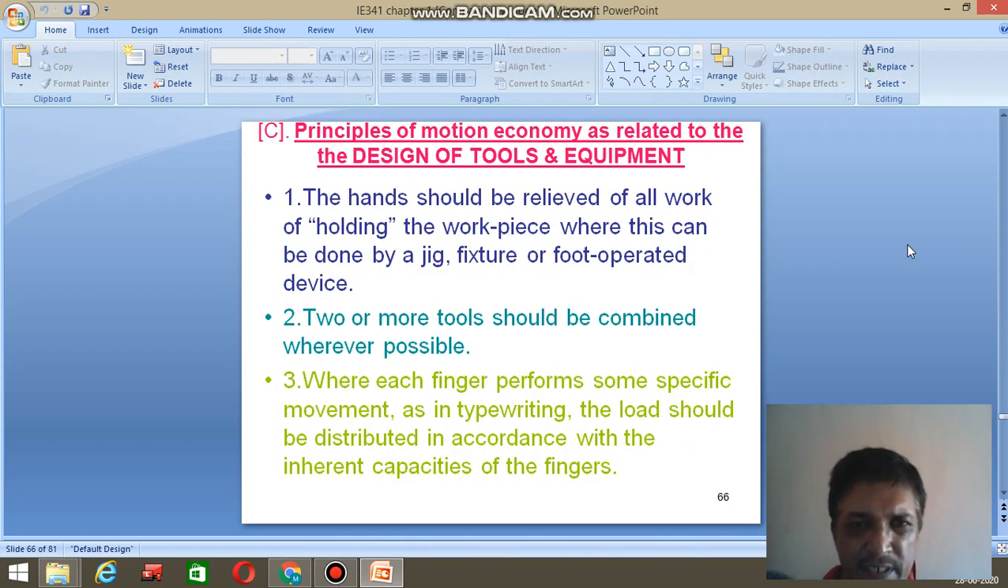Principle related to the design of the tools and equipment. The hands should be